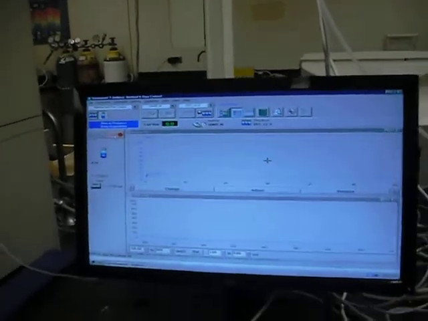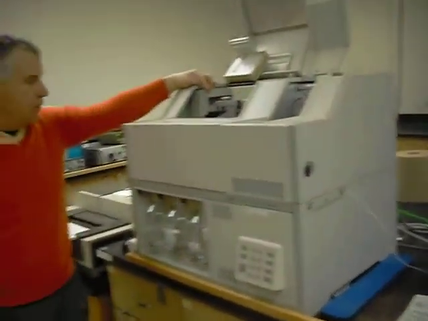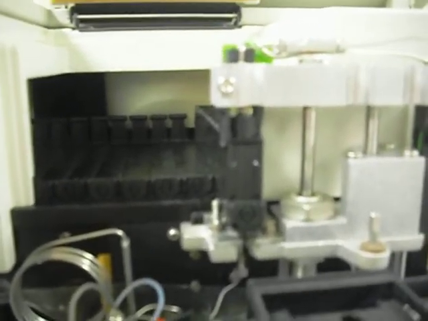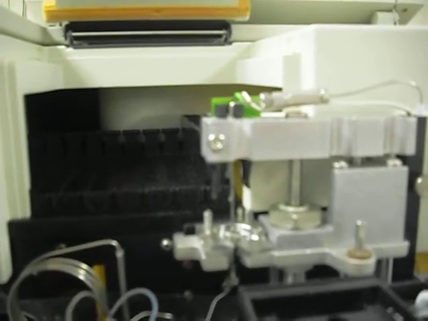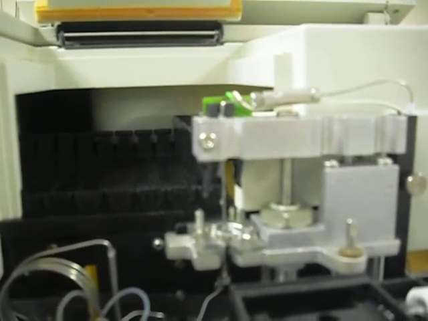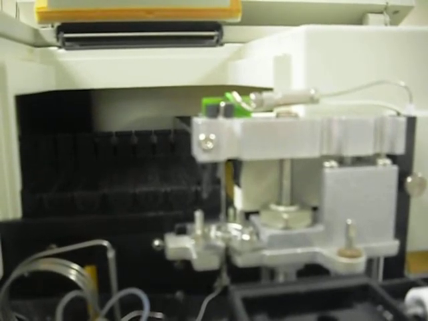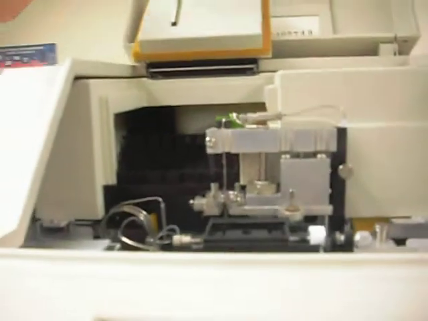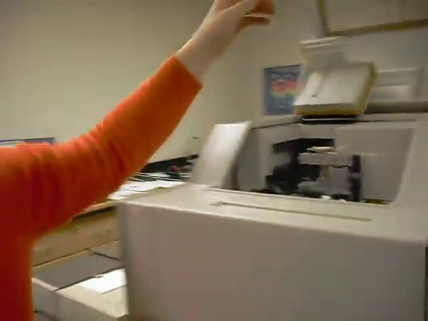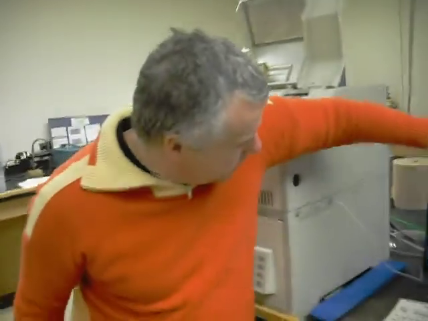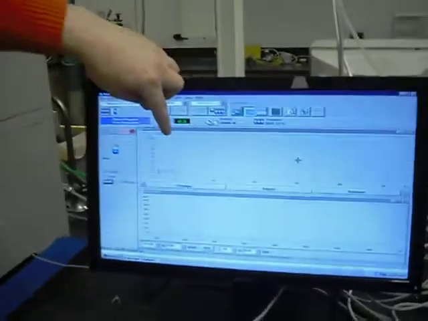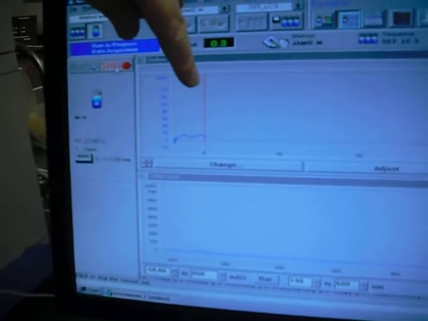And now, if things are working properly, which most things indicate they are, you can see the auto sampler is going to inject. And there it goes. And now within a few minutes the peaks should begin to show up on the chromatogram. This red line indicates 0 retention time. And now within a few minutes we should start seeing some peaks